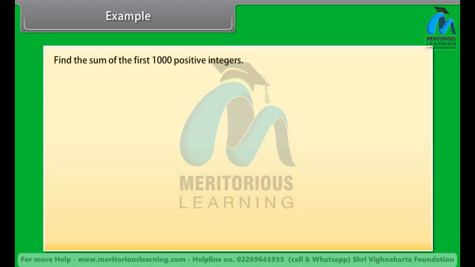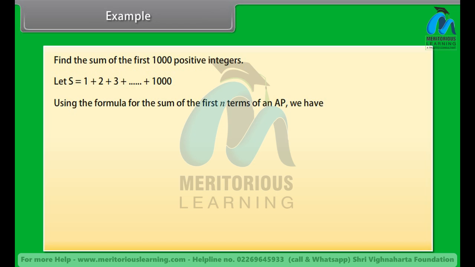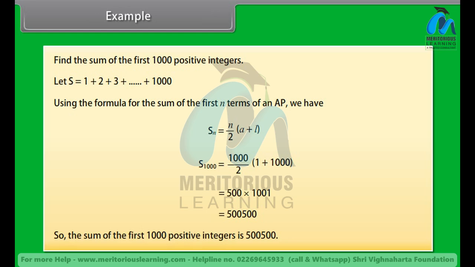Find the sum of the first 1000 positive integers. Let S is equal to 1 plus 2 plus 3 plus and so on plus 1000. Using the formula for the sum of the first n terms of an AP, we have Sn is equal to n upon 2 into (a plus L). Substituting the value of n, we get S1000 is equal to 1000 upon 2 into (1 plus 1000). This is equal to 500 into 1001, which becomes 500500. So, the sum of the first 1000 positive integers is